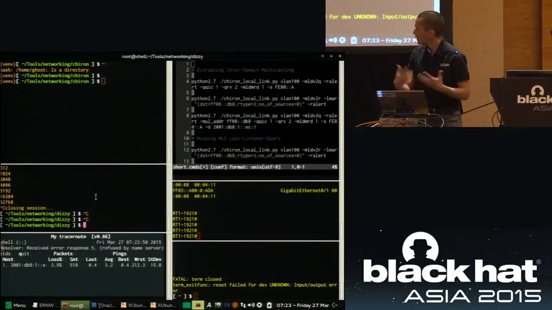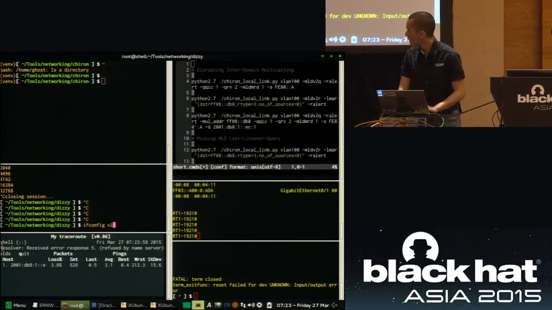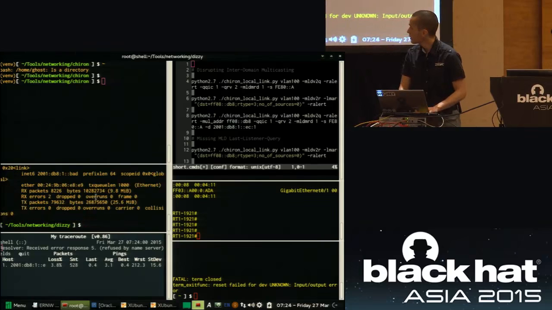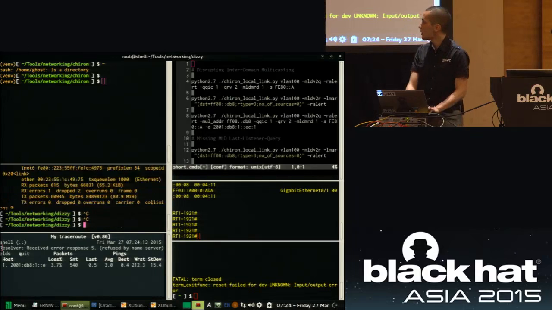Just to give you a feeling for how the setup looks, here we have 2 VLANs. We have VLAN 100, which is 2001:DB8:21, some address, and then we have VLAN 200, which is 2001:DB8:2.